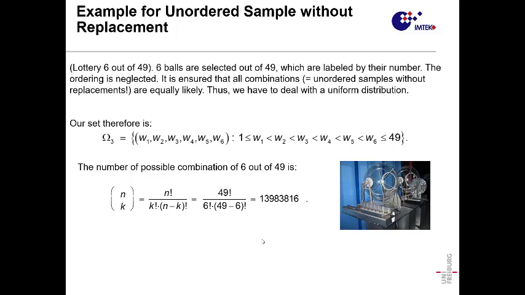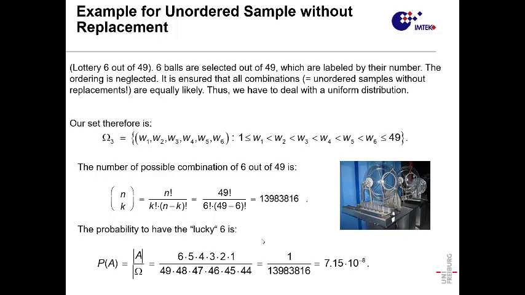So forget it. What is the probability to get the lucky 6? It is 1 over this big number, and of course it's a very small number, about 10 to the minus 8. Nothing new here, but good for you to check this number. Would this make sense when you do the exercise or the exam, or in your life? Even more important when you make a decision. It makes sense that it's a very small number, because you have to pick 6 out of 49 randomly. It has to be a low chance. You don't know exactly the number, but it has to be something to the minus 6 at least, right? Minus 8 is already very low.